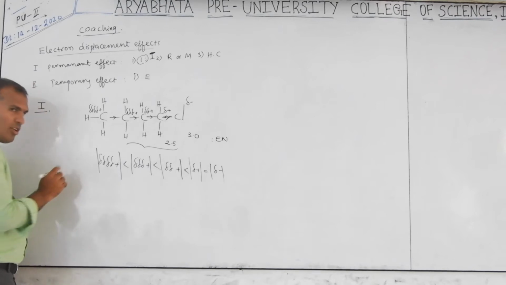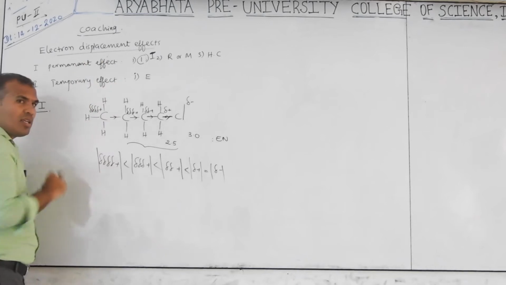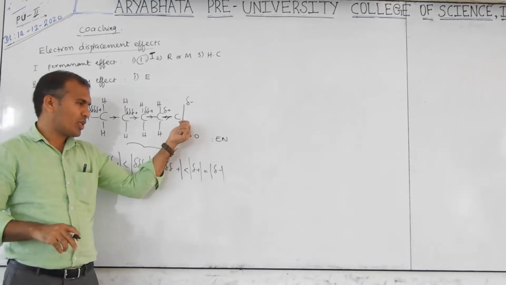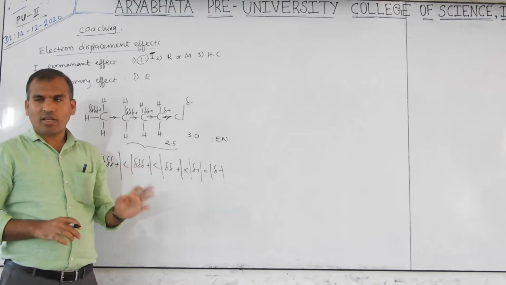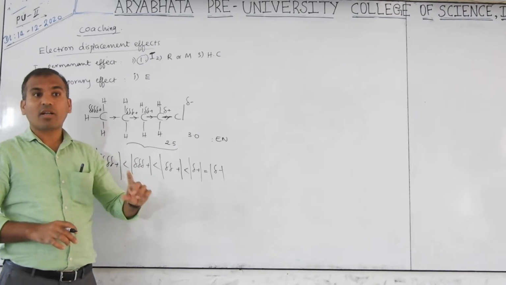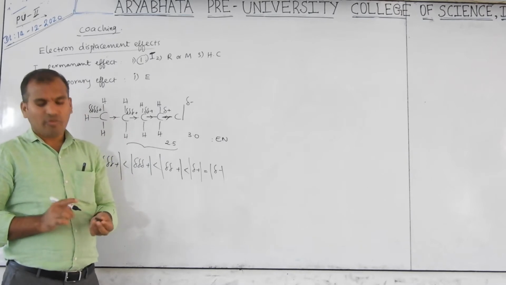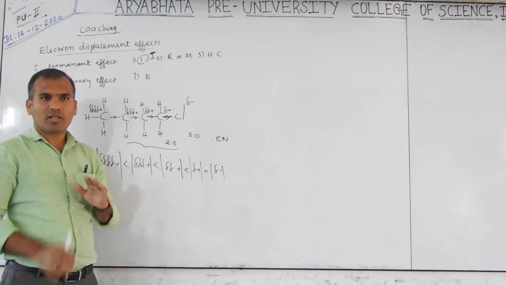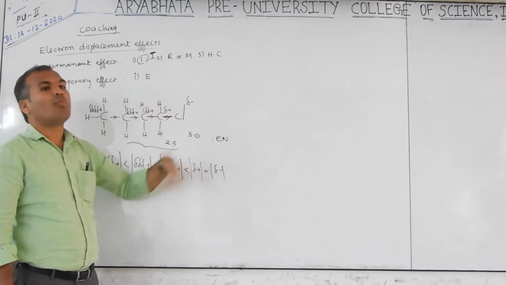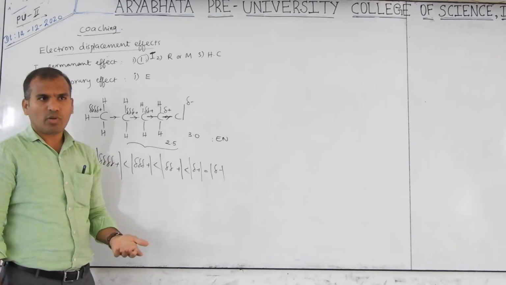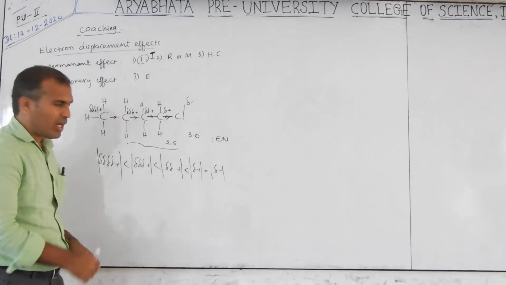Now, carefully observe. In this inductive effect, is the electron displacement completely transferred to the more electronegative atom or partially transferred? Partially transferred. In resonance and hyperconjugation, it is complete. That is called delocalization. They may ask the question: in which of the following is the electron partially transferred? In inductive only partially transferred. In the remaining 1, 2, 3, completely electron transfer. That is called delocalization of electrons. Here only displacement, just moving toward the more electronegative atom.